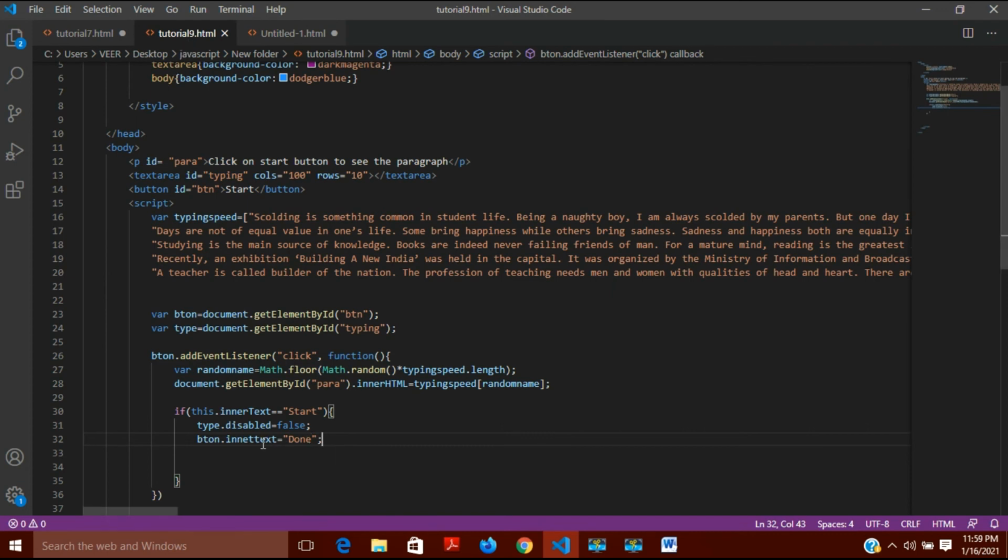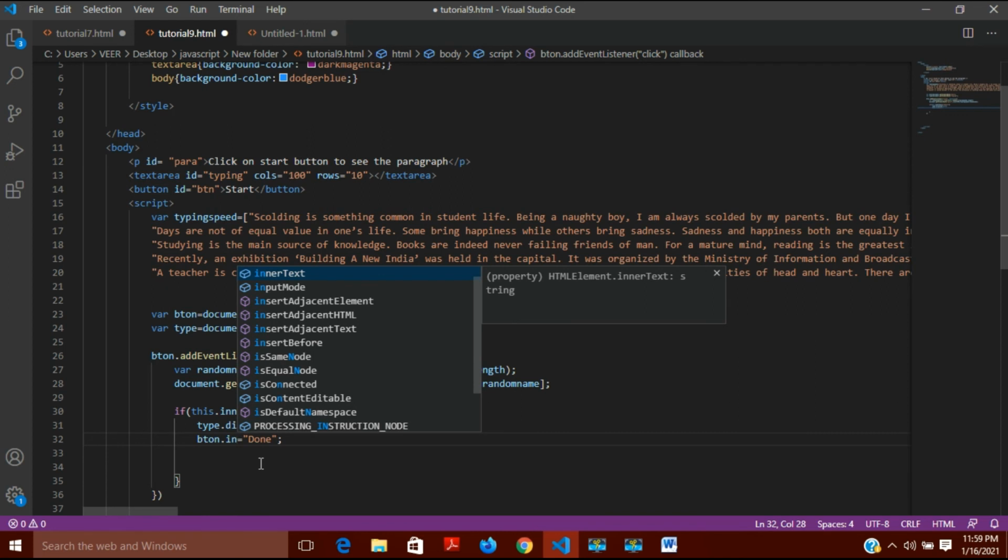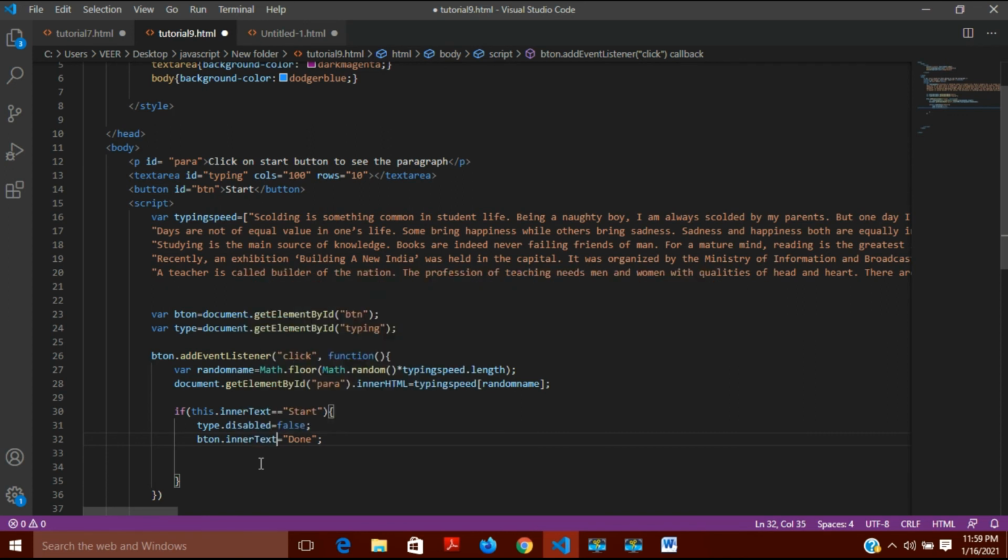Because I should have used inner text here; I made a mistake in the spelling. That is why I was saying you should use tab. It gives you the suggestion, you press tab, and it writes it by itself, so you will not make such mistakes. So now it is done. File, then save.